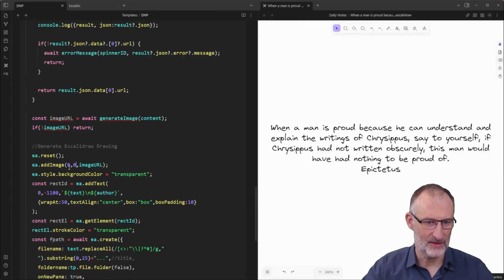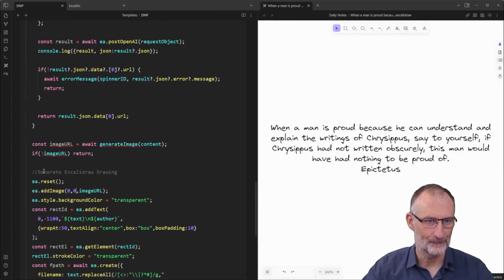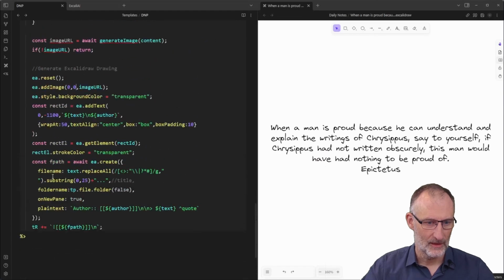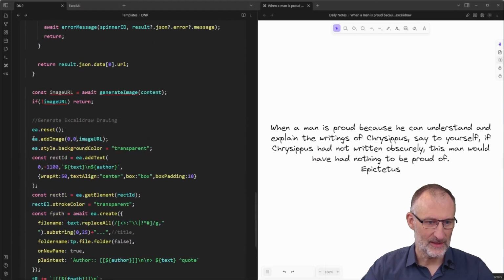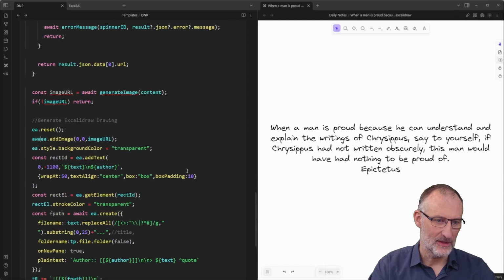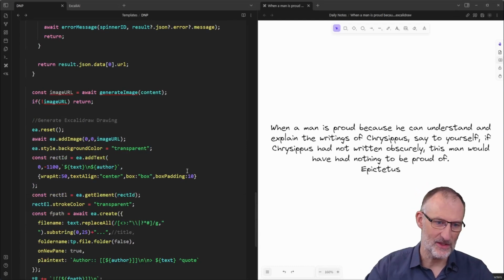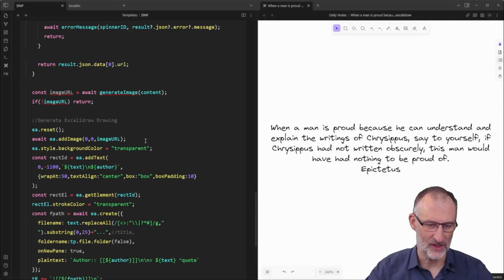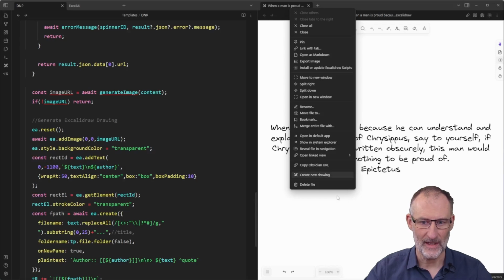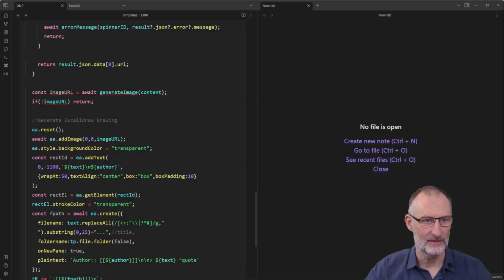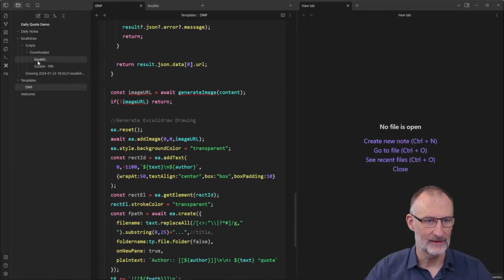So let's do this correction. Here I need to await add image, and that was the issue why that image was not generated there. So I think now if I delete this file, and I also want to delete, okay,